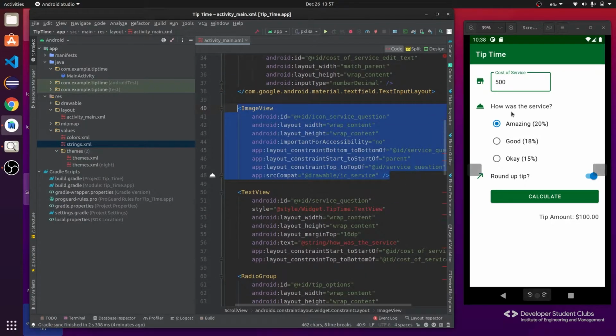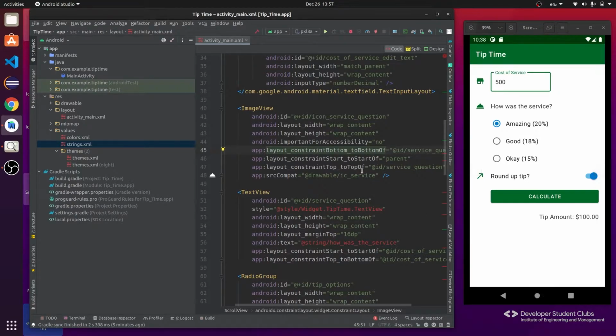This image view is for the service icon, and you can see that we have first of all added the ID, that's icon service question. Layout width is wrap content, height is also wrap content, but the constraints are the same as the way we had for the store icon. The top is aligned with the top of the service statement, and bottom is aligned with the bottom of the service statement.